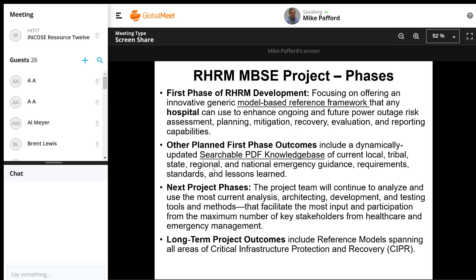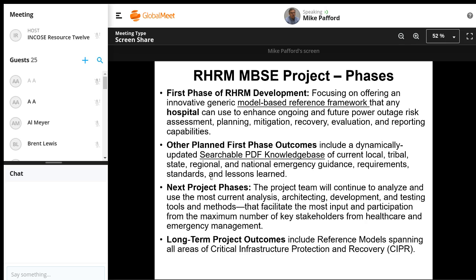The next project phases will continue to analyze and use the most current analysis, architecting, development, and testing tools and methods that facilitate the most input and participation from the maximum number of key stakeholders from healthcare and emergency management. Down the road, outcomes include reference models that span all of the areas of critical infrastructure protection and recovery. Some of you may be members of the INCOSE SIPR working group, but I guess there are up to 17 components and counting as far as critical infrastructure is concerned. So we hope that this reference model will scale and flex to accommodate any decision-making processes that have to do with those other